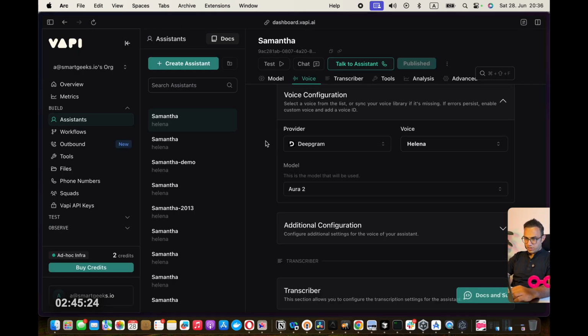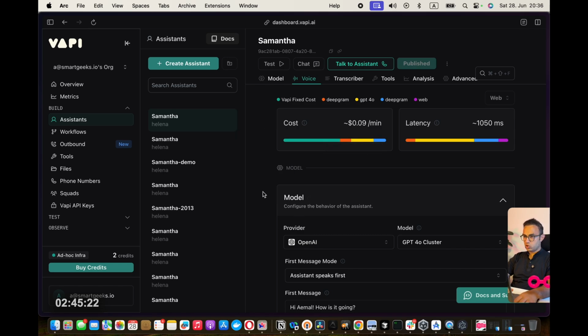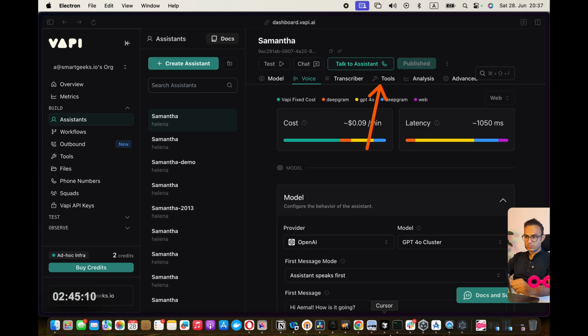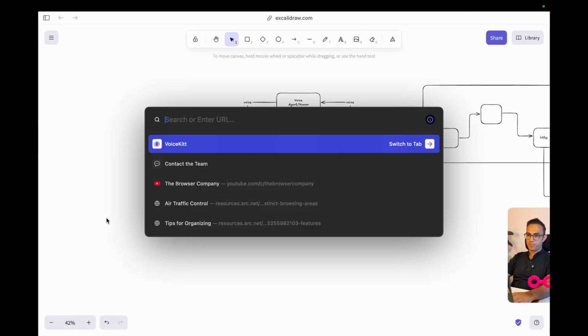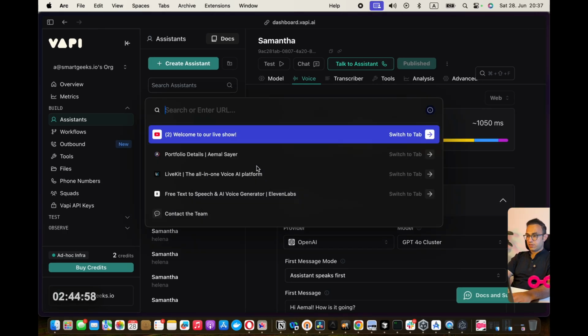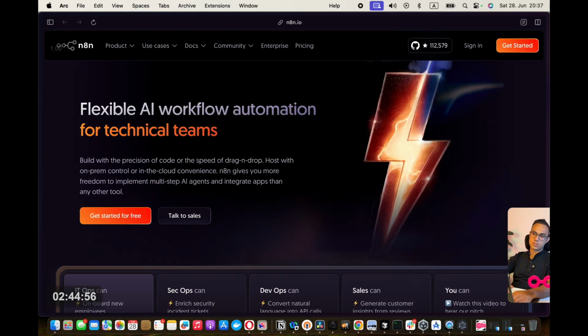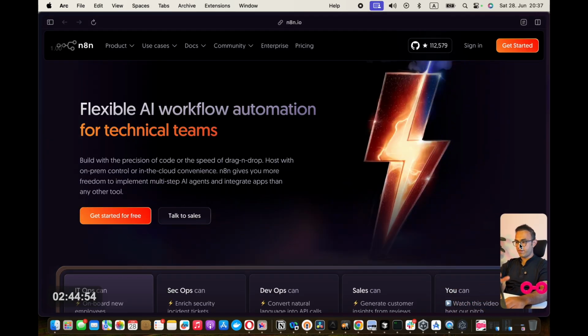Alrighty, let's go back to our Voice AI agent. So we have built a tiny Voice AI agent that works, and we have 15 minutes burned on that. Let's go on to n8n. We'll come back and touch tools a lot. That means we'll send some traffic from Vapi to n8n. We'll do a lot of diagramming on our whiteboard, and we'll do a lot of work on n8n. To be honest, this masterclass is like 90% n8n, 10% Vapi, because most of the brain sits in n8n.